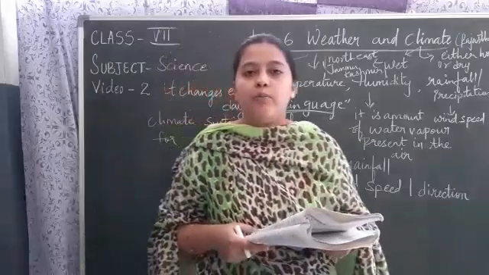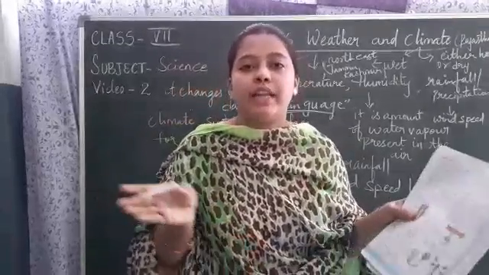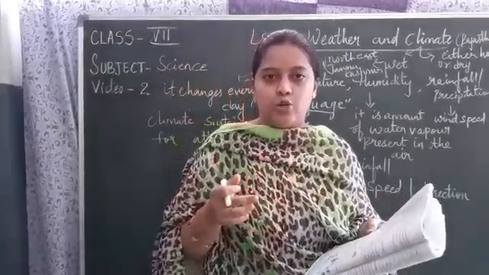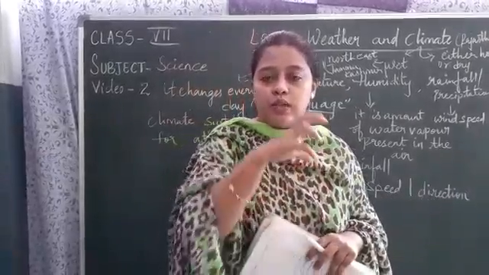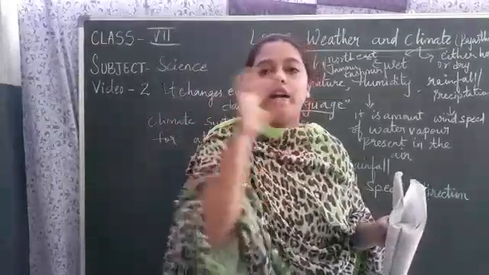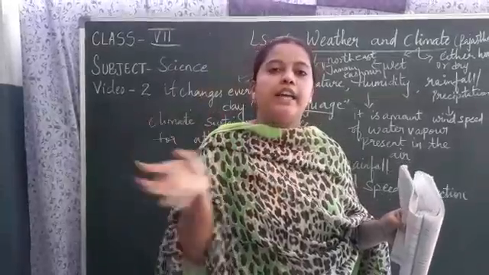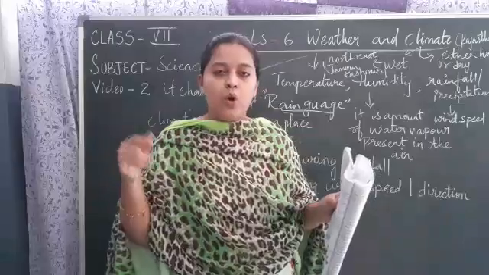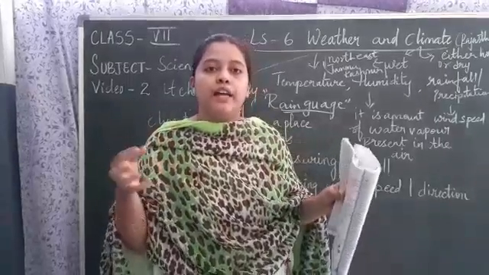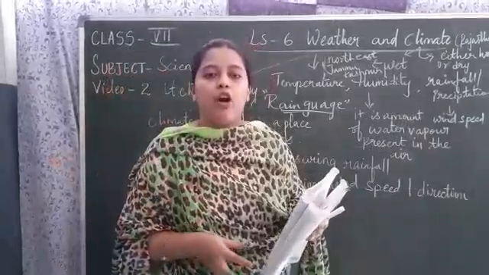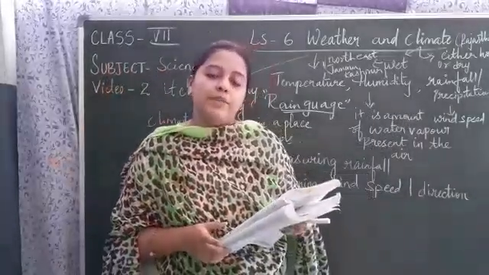Usually, children, an anemometer has cups on it. You can measure with that also. The cups will rotate in the direction of the wind. Wherever the wind is, it will rotate and record how many times the cups move towards the direction of the wind. Those many times it will get recorded and you can note down the observations.